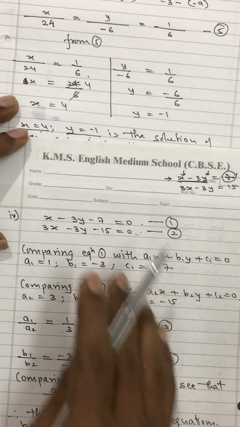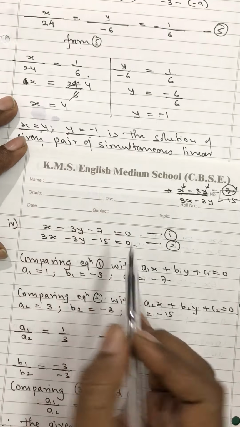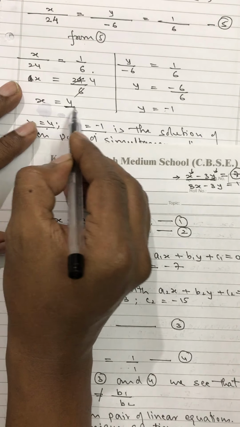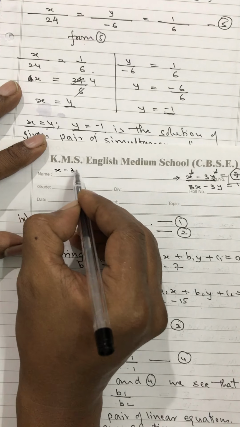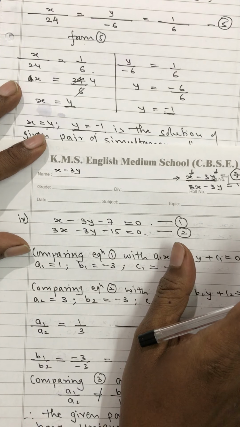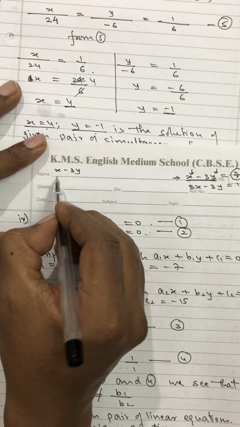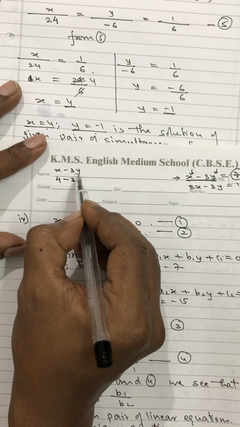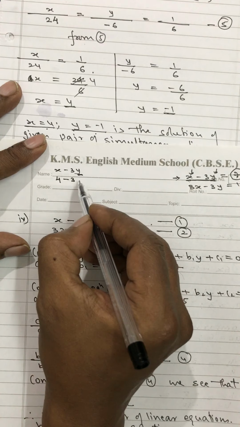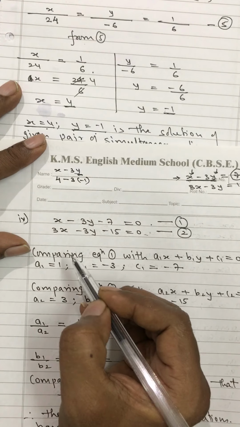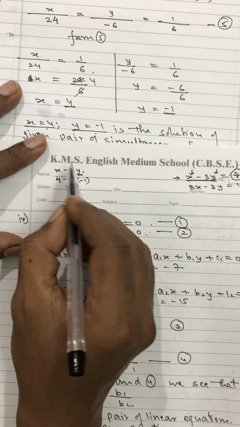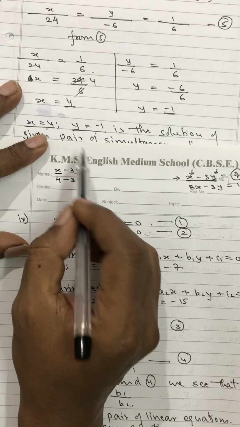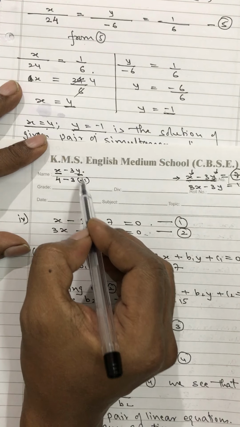So see, I have got the value of x is equal to 4 and y is equal to minus 1. This is the equation. Left hand side is x minus 3y. I will only take left hand side. So x is equal to 4, I will write 4 minus 3. In place of y, I will write minus 1 into minus 1. Okay, are you getting? So x minus 3y, I substitute the value of x is equal to 4 in place of x, y is equal to minus 1 in place of y.